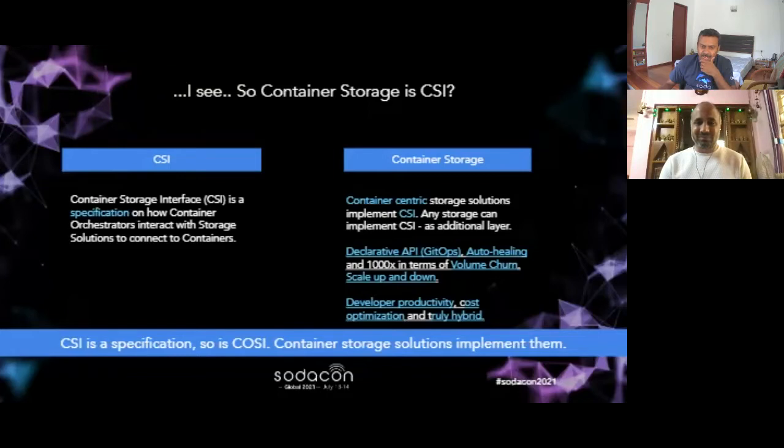Okay, I hope we covered cloud native storage, container native storage, or container storage, the Container Storage Interface. Interface is a paper, a specification, and then you implement that. Probably you have CSI drivers or CSI plugins which can work with the container platforms for a particular storage or a type of storage.